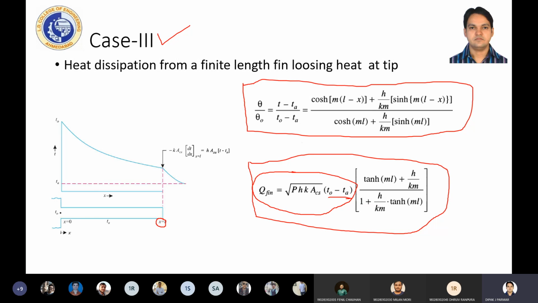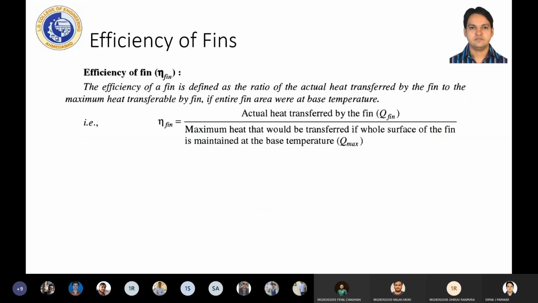So this is a safety function included in your electronic devices, and that is what our requirement is, to dissipate heat at a faster rate so that we can maintain the temperature of our electronic system in proper working condition. Right. So though our interest is to increase the heat transfer rate, how efficient your fin is,